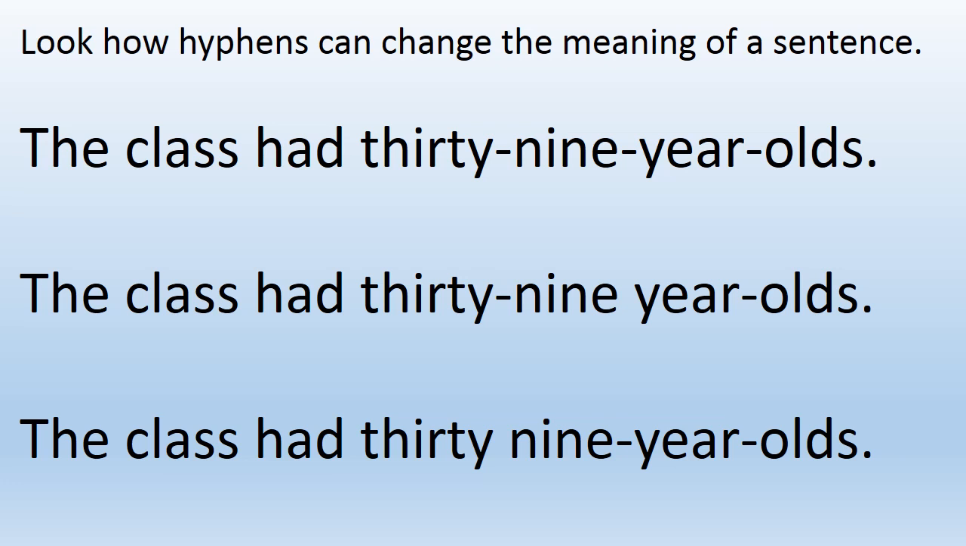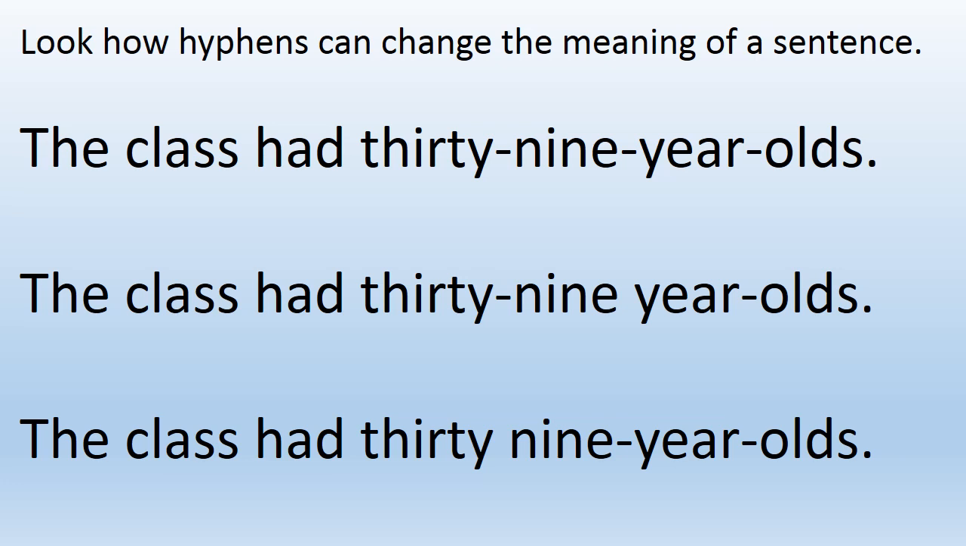And then the third one says the class had 30 9-year-olds. And you can hear the way that's spelt. You've got the gap between the 30 and 9-year-olds is all one description. So there's 30 of them and they are 9 years old. So you can hear that the third one is probably going to be right, that the class had 30 9-year-olds in it,